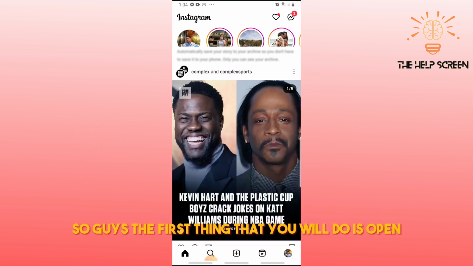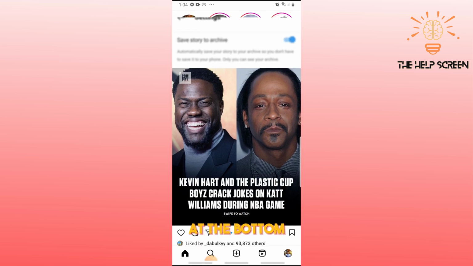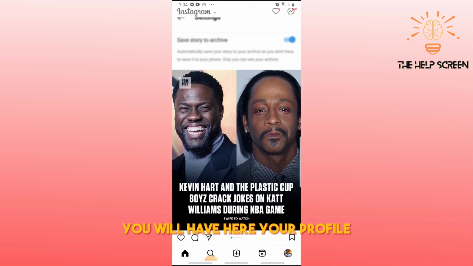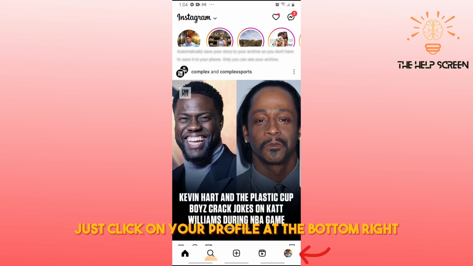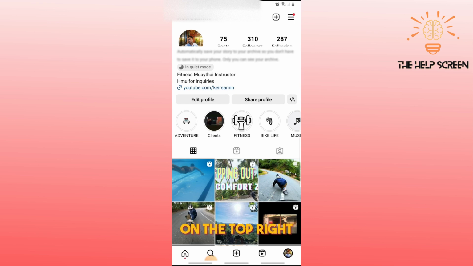So guys, the first thing that you will do is open the application, and then from here guys, at the bottom you will have here your profile. Just click on your profile at the bottom right, and from here guys, on the top right, go to the three lines over here,